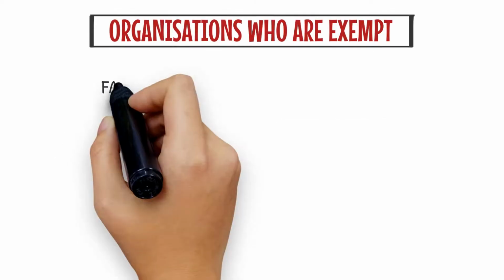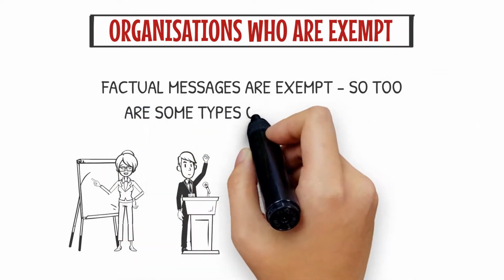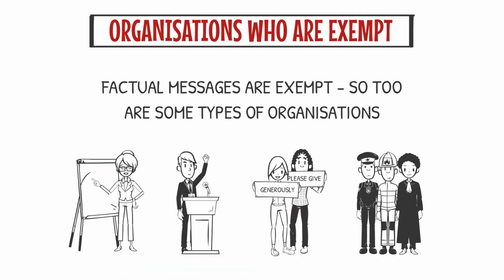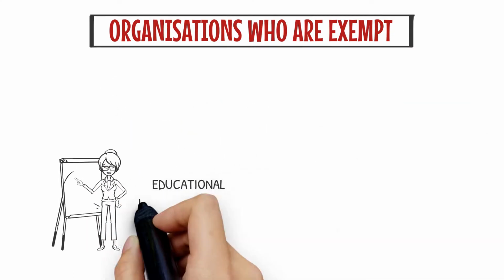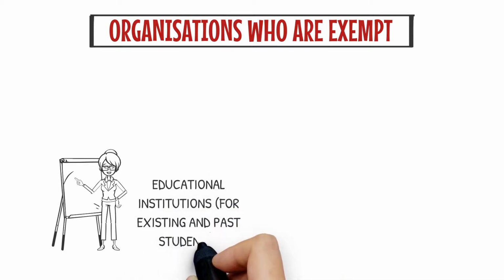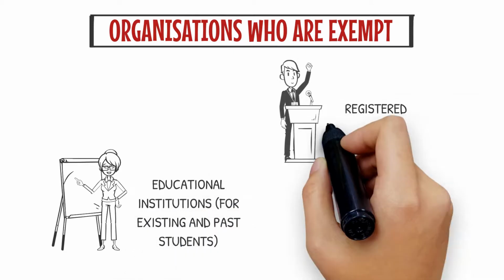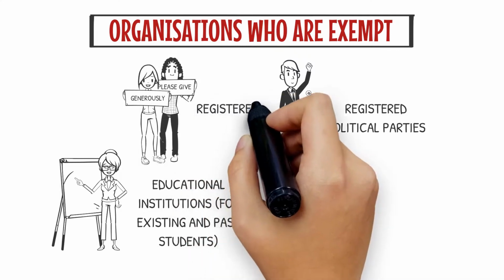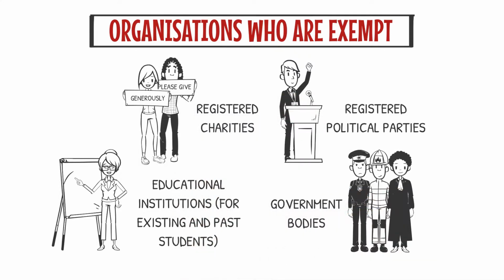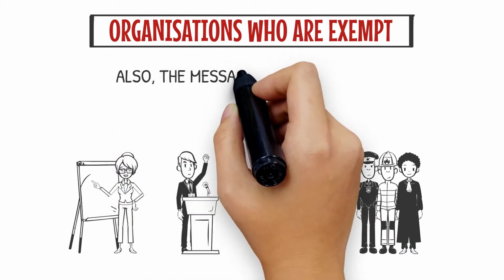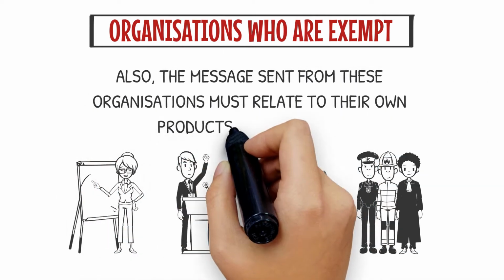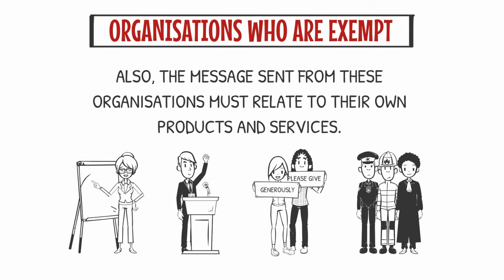As we've said, factual messages are exempt, and there are some exemptions for certain types of organisations, namely educational institutions, but only in relation to their current or former students, registered political parties, registered charities, and government bodies. Also, the message sent from these organisations must relate to products or services supplied by these organisations,